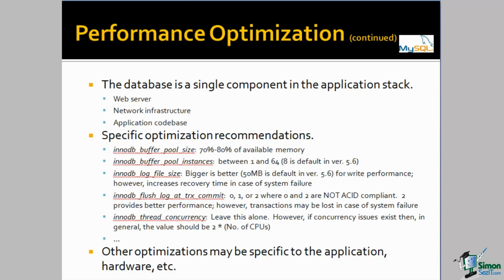For the database server, these are the general recommendations for the configuration settings that affect the memory and the log and the concurrency within the server. In general, the database system will run on a dedicated server. So if that server has 32 gigabytes of memory, then the majority of that memory should be assigned to the